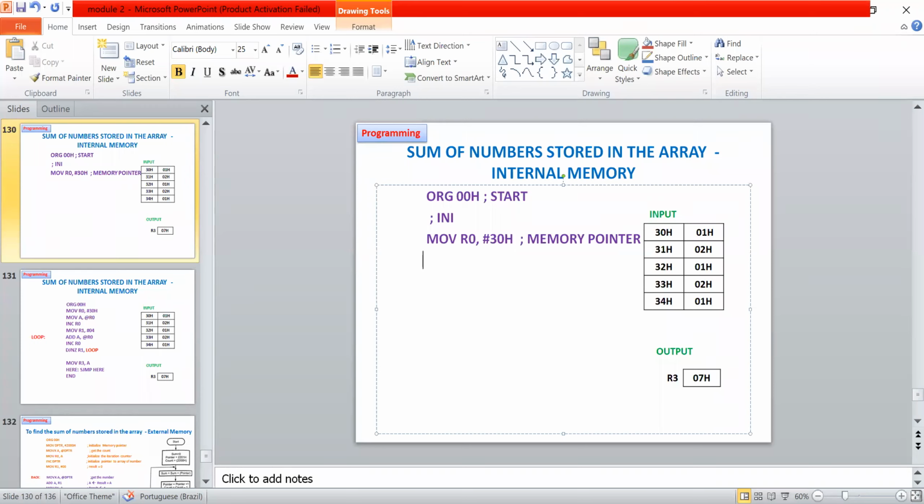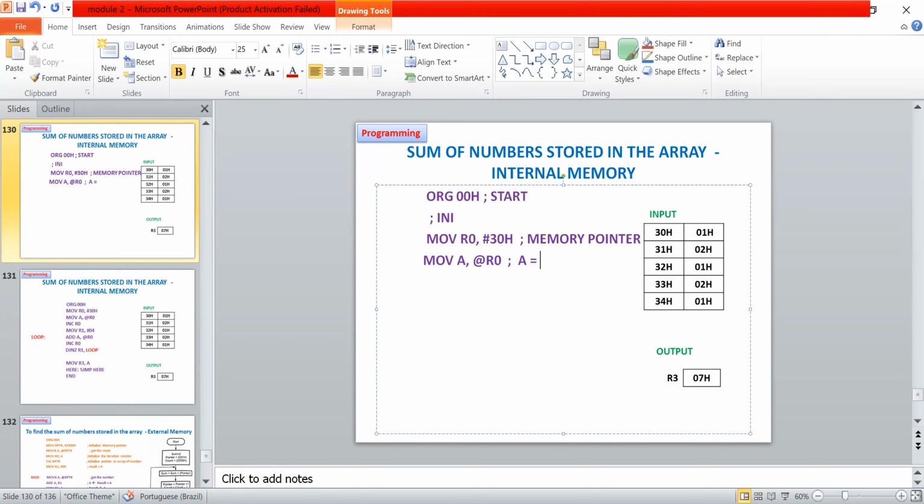What I'm planning is to move the data at R0 to one of the registers called the accumulator. So I can use @R0, and the data is moved to the accumulator now.